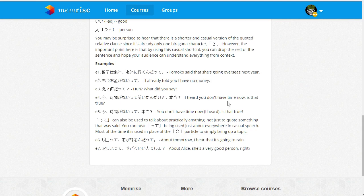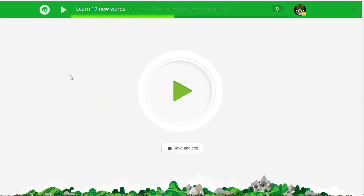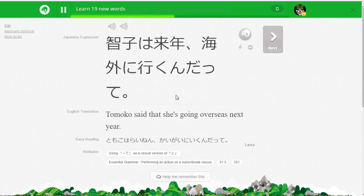Okay, so let's see. Those are 7 vocabulary words. So let's do that. Play. ともこは来年海外に行くんだって。